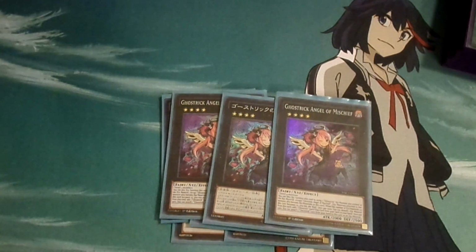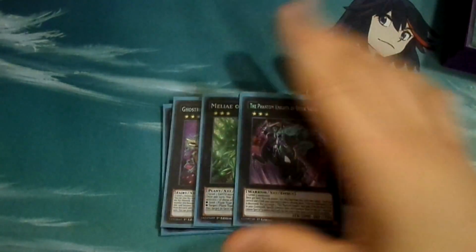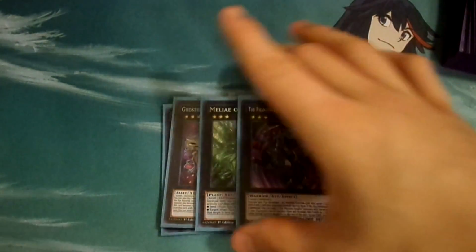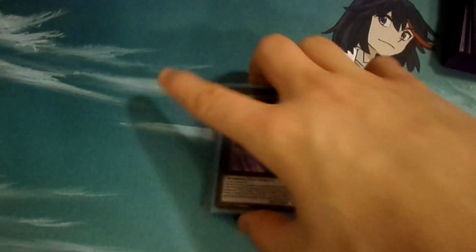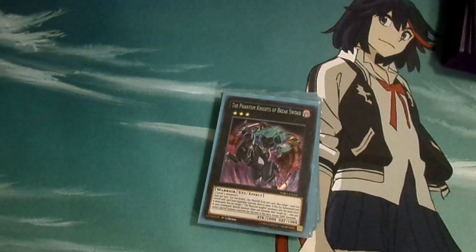Next we are currently running... this is one of the cards I'm missing. I have only one, but I'm going to be getting a second Phantom Knight. I also have this card in here just kind of as an if for a third Phantom Knight. So this guy is basically, once per turn, detach a material, target 1 card on each side of the field, and then destroy it. So you can target himself. And if he is destroyed after he is successfully summoned, you can